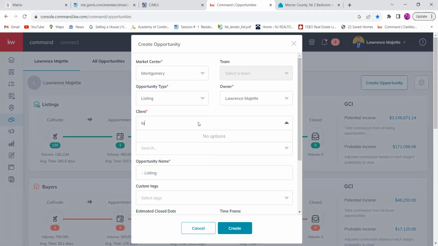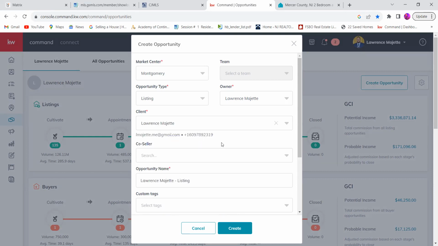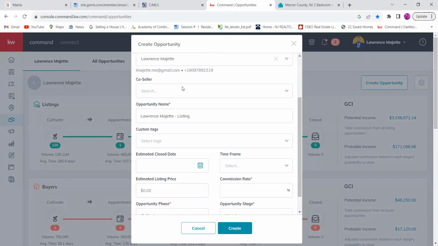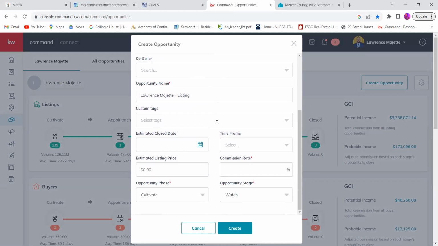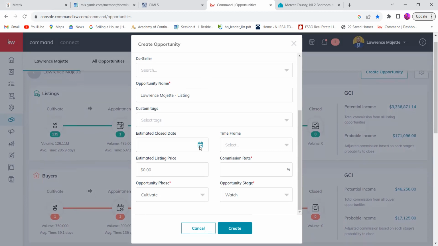The client is me. Okay. You can also put here if there's a co-seller, such as a spouse or anything like that, someone else that's on the deed as well. And it's going to be the opportunity name here. So this is our listing here. You can put an estimated close date, a time frame, the estimated listing price, commission,